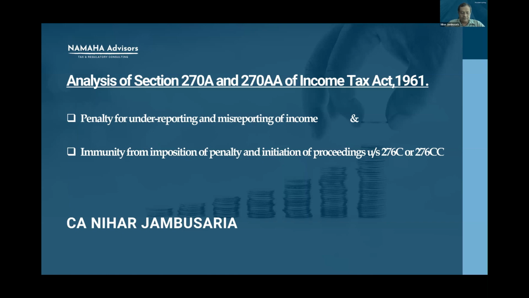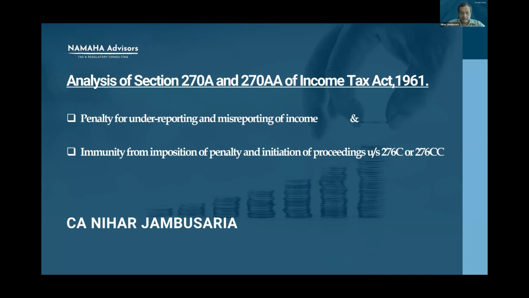We are also covering provisions for immunity from imposition of penalty under Section 270A and initiation of proceedings under Section 276C or 276CC, that is the